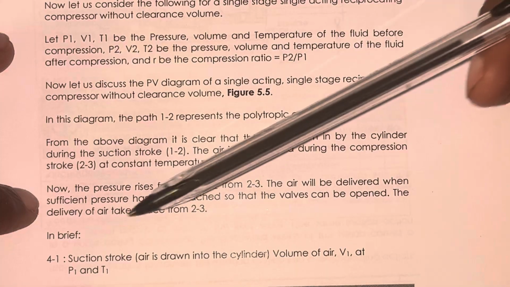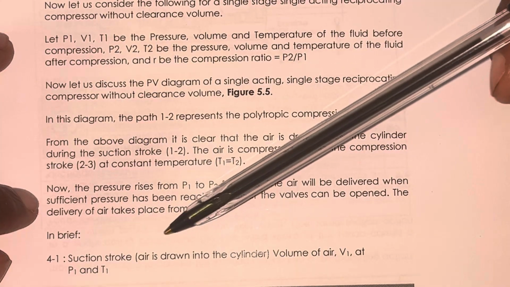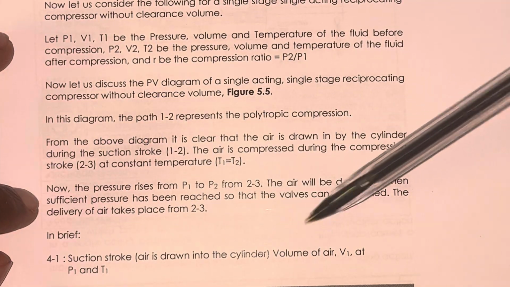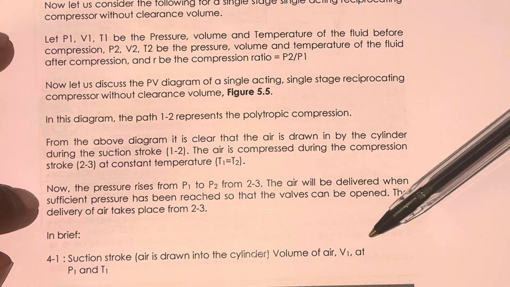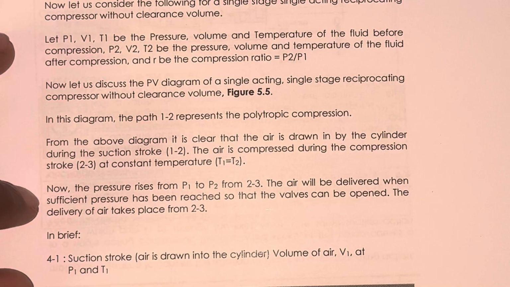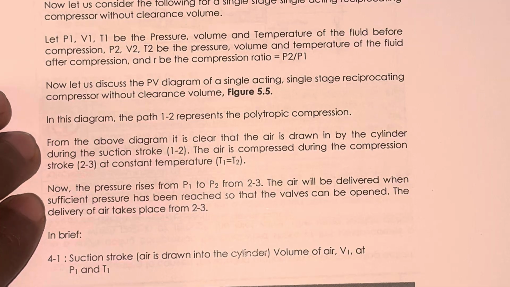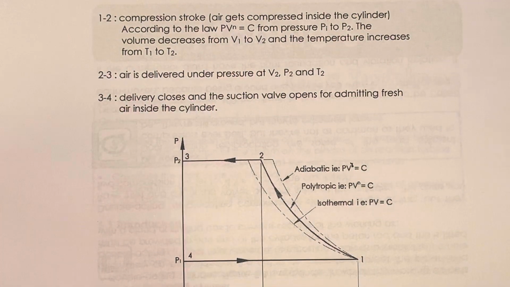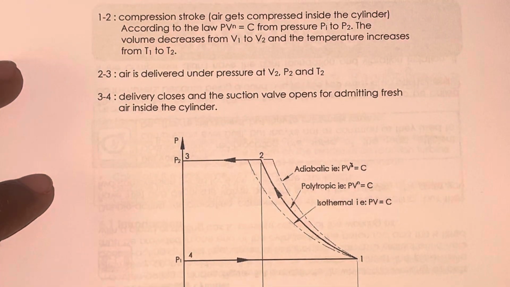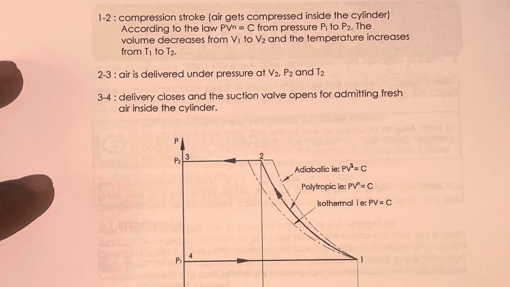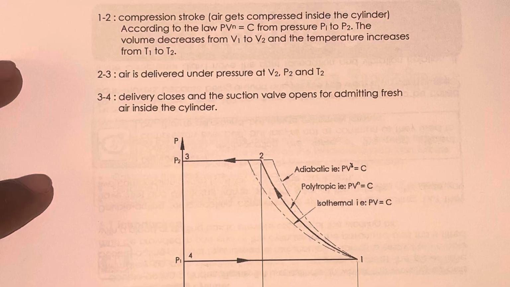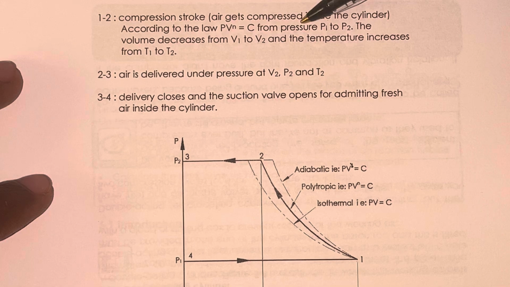In brief, 4 to 1, suction stroke. Air is drawn into the cylinder. Now the volume of air is V1 at P1 and T1. If we look at 1 and 2, it talks about the compression stroke. Air gets compressed in the cylinder according to the law PV to the power of N equals a constant, from pressure P1 to P2. The volume then decreases from V1 to V2, and the temperature increases from T1 to T2,